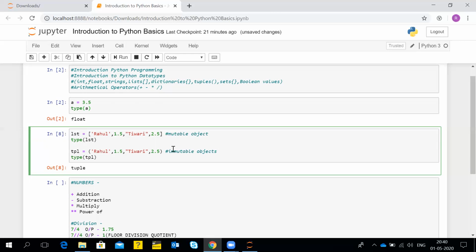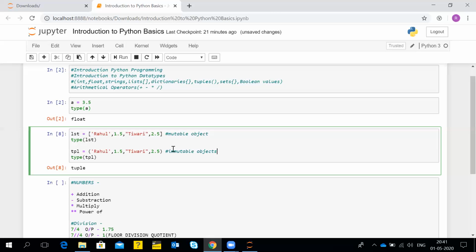These are the major differences between a list and a tuple. In many scenarios we use tuples, but generally we use list, because list is easy for modification. So we use list for scenarios where we can encounter modification.